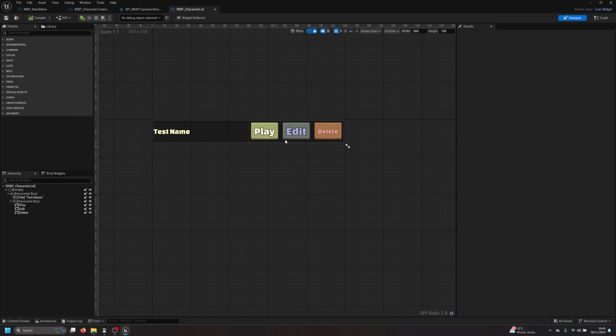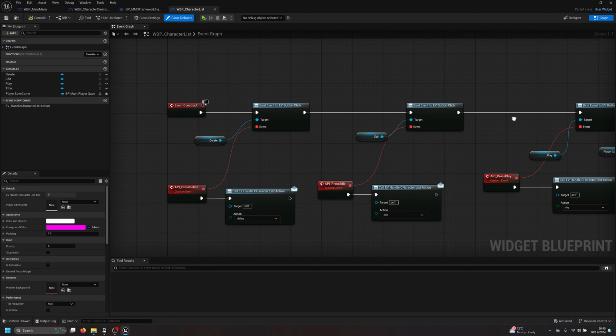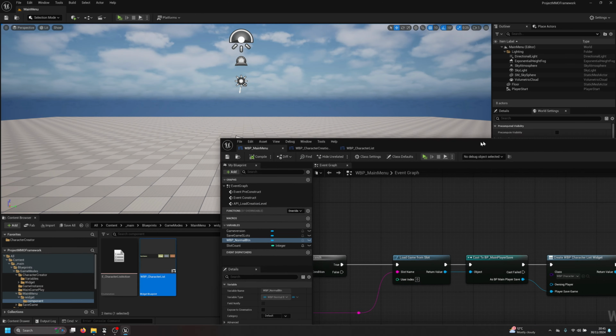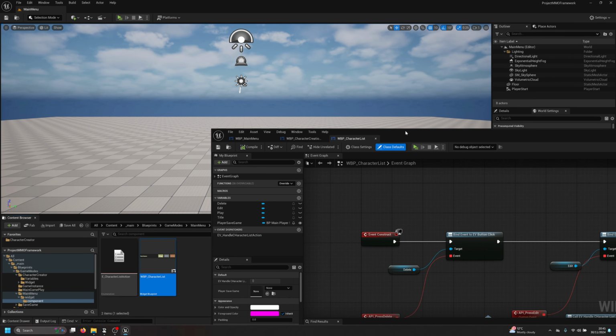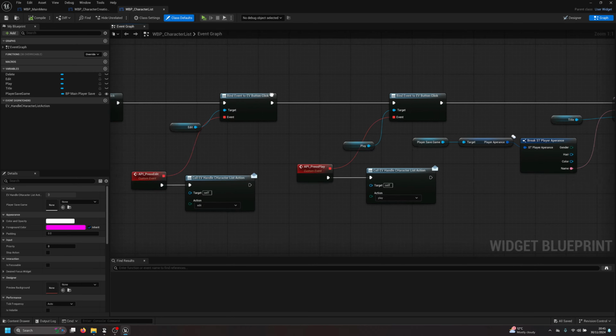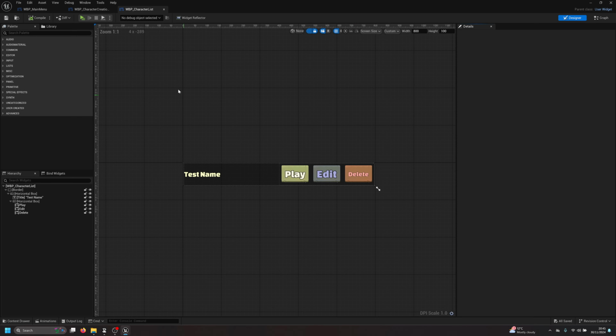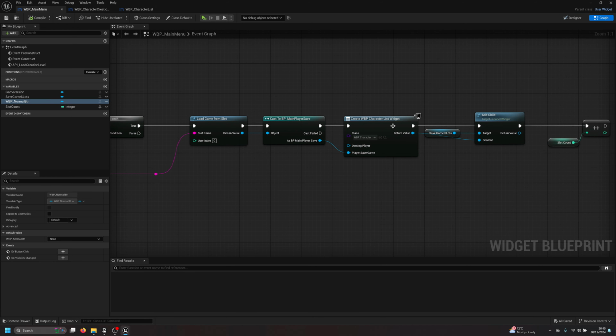If you guys remember, we have added events to handle the play, edit and delete, right? So what I can do here is that I can close that. I can close this one here. When I open up the character list here, right, I would like to go back to my main menu, and